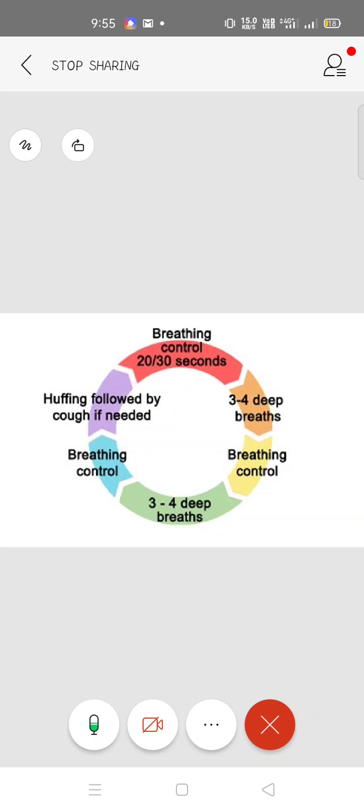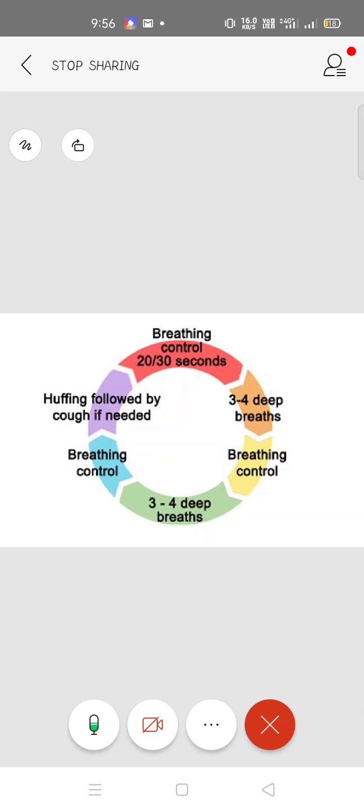So these are the three techniques that you use in ACBT. First is breathing control, where you take a normal breath in and a normal breath out. If it is not possible to breathe out through the nose, then breathe out through your mouth. Keep your attention on the breathing, and keep the shoulder and neck muscles relaxed. Next is deep breath in, deep breath out, but make sure it is gentle, not forced. Here also you need to hold your breath for about 2 to 3 seconds.